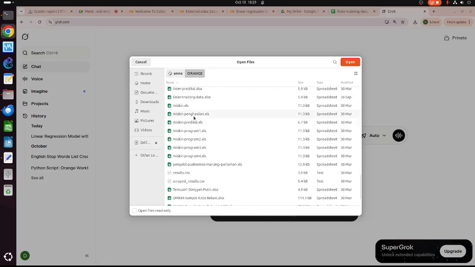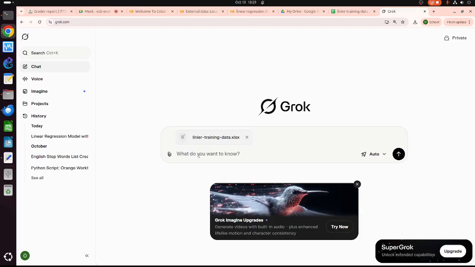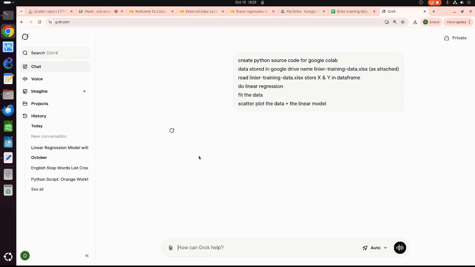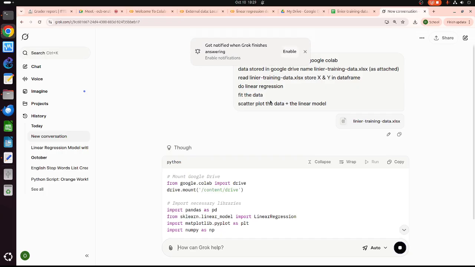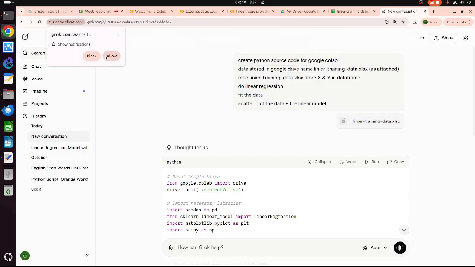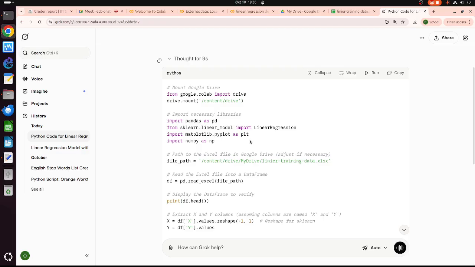Linear. Okay, this one. Linear training data is uploaded, and then I ask Grok to generate the source code. Okay, basically using this kind of approach makes our training process much faster.